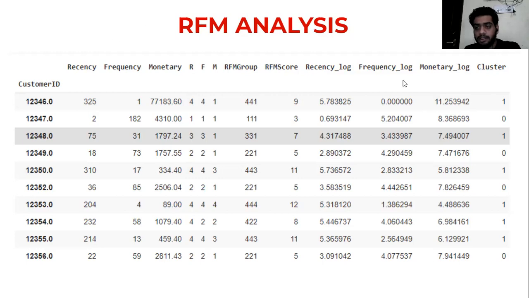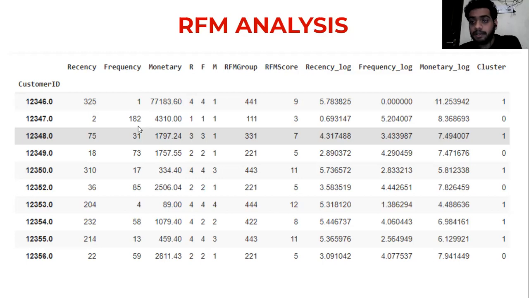So here we get the clusters, and here the small RFM score means the customer is loyal to the online store, because loyalty lies in how frequently and recently the customer visits the store and the money they spend. So here we can see that in RFM score 3, the recency value is 2 and the frequency value is 182, means